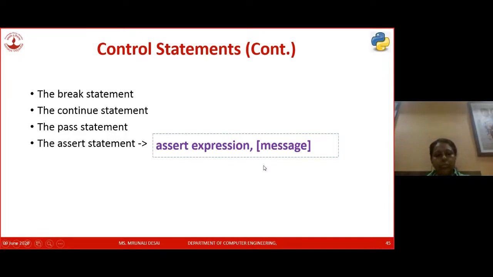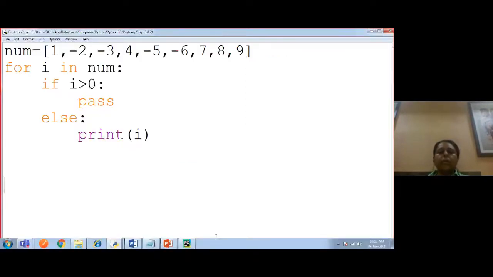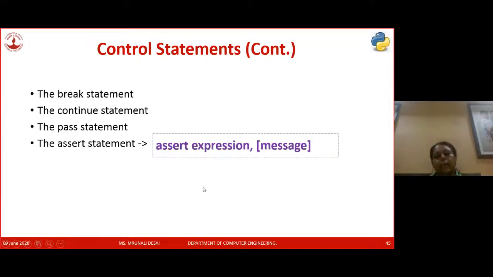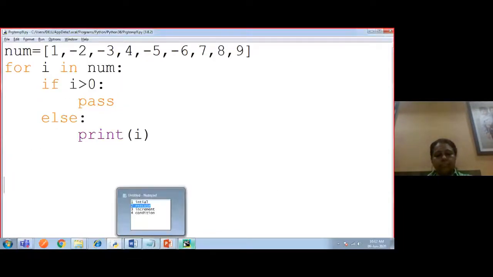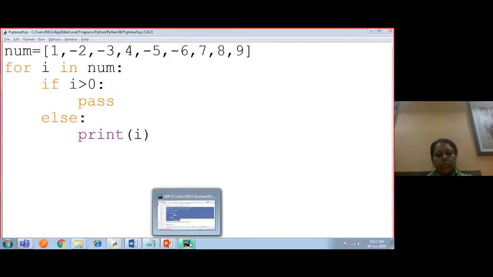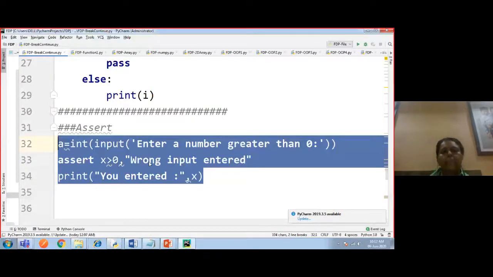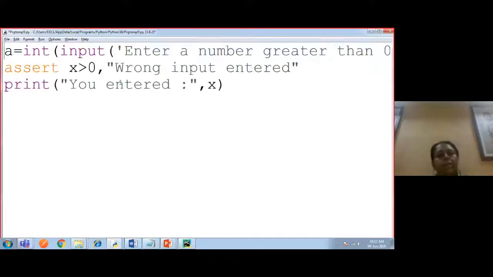Fine. So I will show you an example of this also. At that time you also have to do AssertionError exception handling, otherwise it will show an error to the user. So if I write x is equal to int, enter a number greater than 0. You have prompted the user to enter a number greater than 0. You have converted that to an integer. Now assert if x is greater than 0, then it will show you the wrong input entered, as you entered x. Now if you run this,